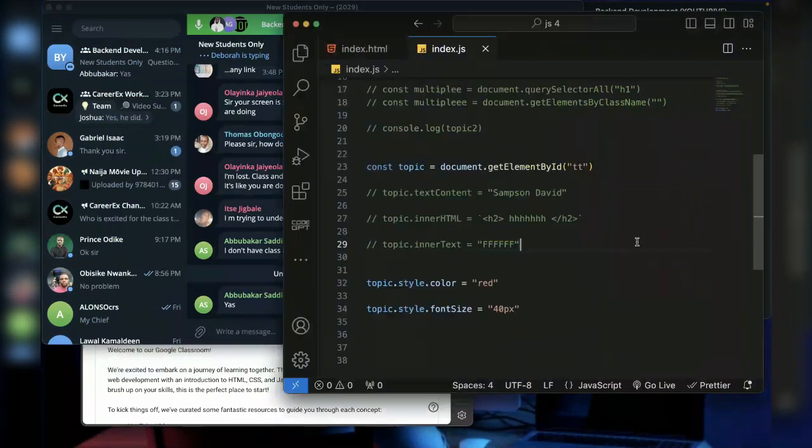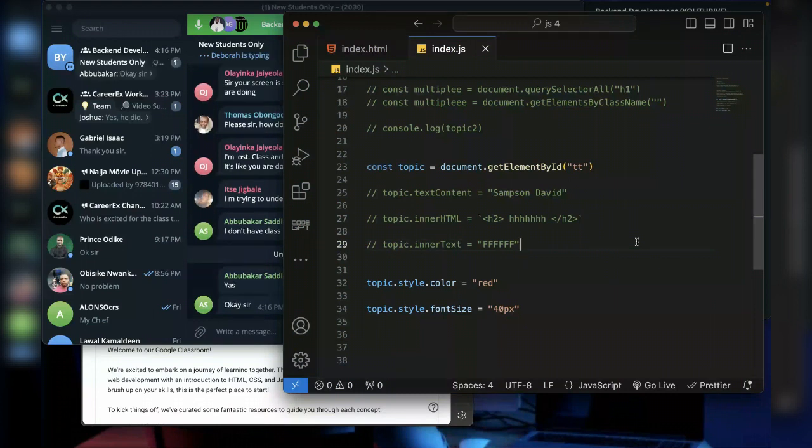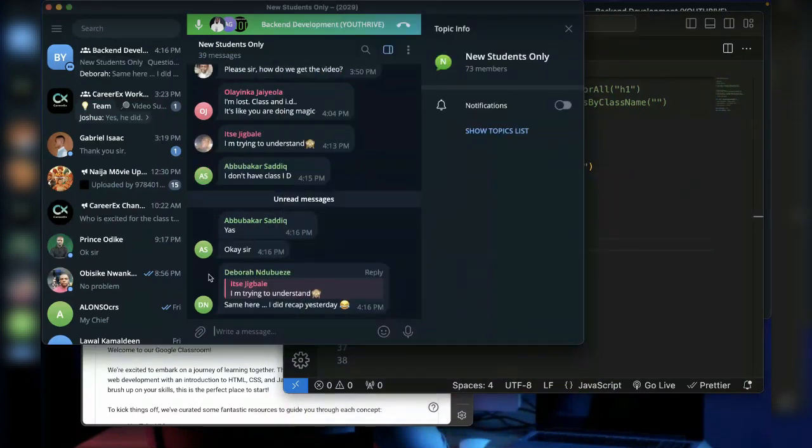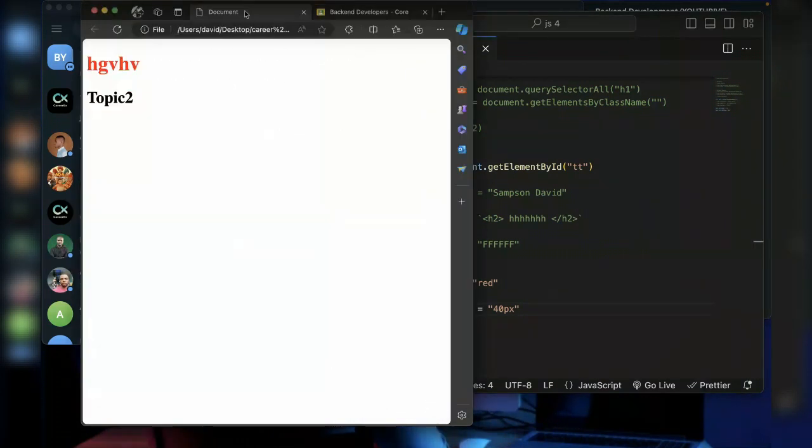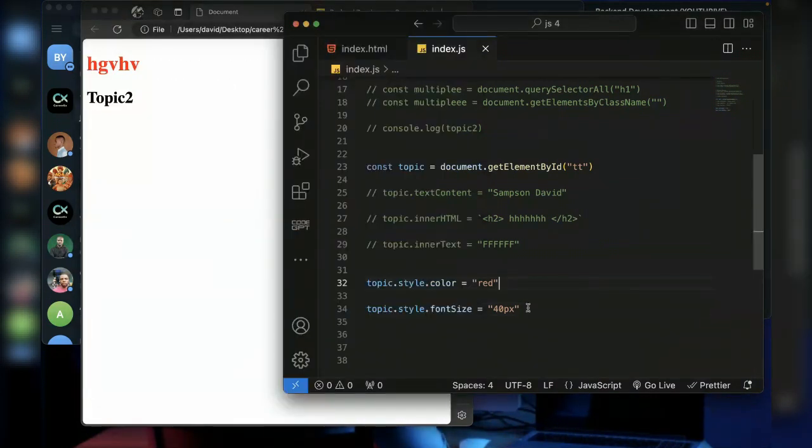So we can continue. Now we've seen how to change the content. We've seen how to apply styles to it. Okay. So what we can also do is that any CSS style that you can apply in CSS, you can actually apply it here if you want. But the idea is to keep HTML tags in HTML, CSS in CSS, and JavaScript inside JavaScript files. But most of the time you can actually write your CSS inside JavaScript if you want.